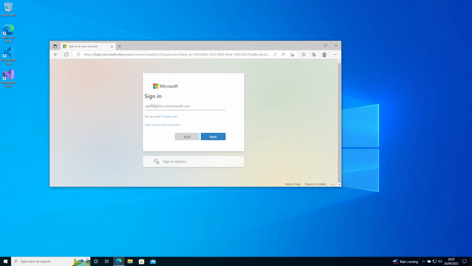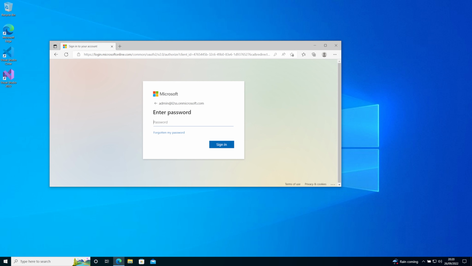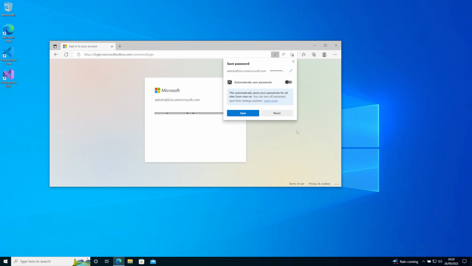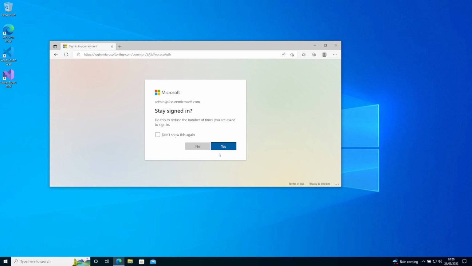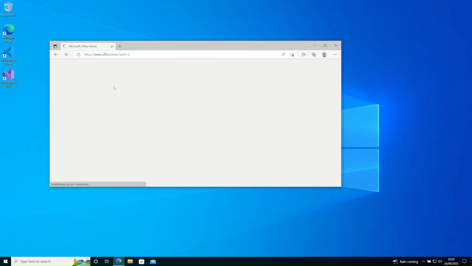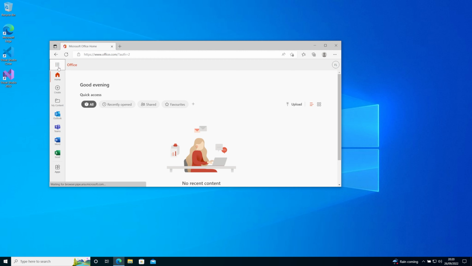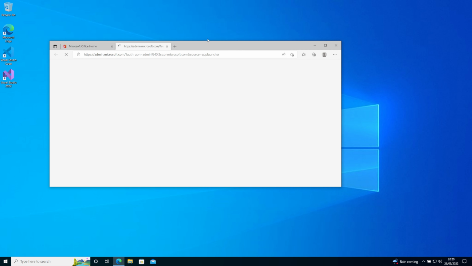admin portal. So I'm just going to use this user address and just grab my password. We can go ahead and save that. Just sign in using my authenticator app. Once you're signed in, if you go to your admin center,